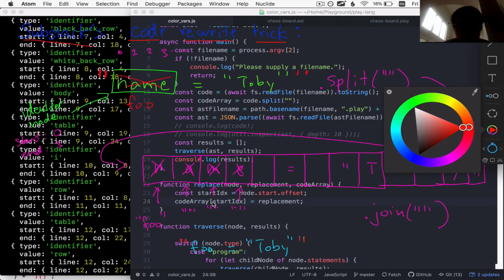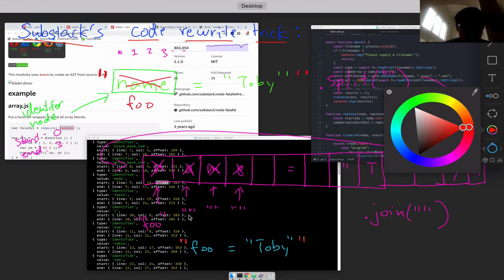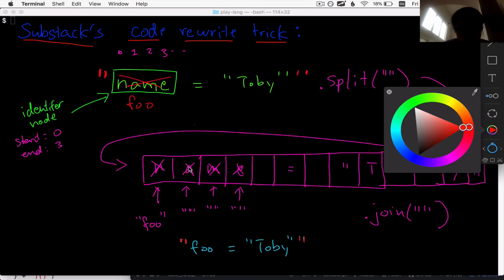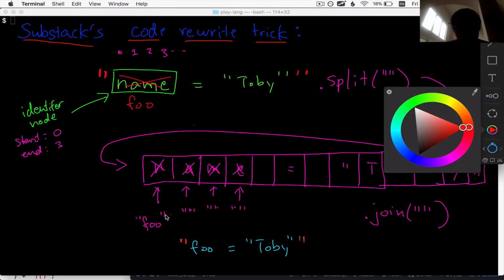But we're not done, because we need to set the next characters to empty string to sort of erase the original, because we just took the first cell to store the entire replacement. Okay, and I just want to make explicit the reason we're doing this scheme: